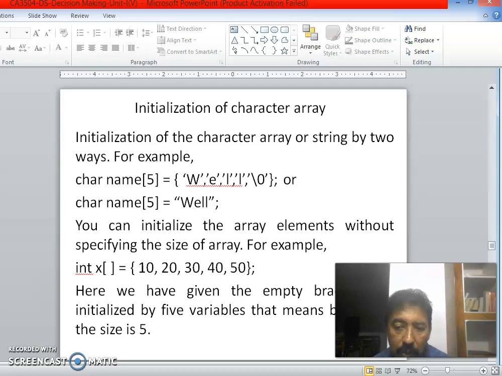Then it is also possible to initialize without specifying the size, for example, int x[] equal to 10, 20. It will assign based on the required size. The size in this case is 5.